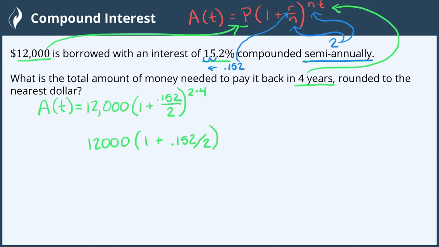Then we need to raise this with a caret to the 2 times 4. Now if we just put 2 and then times 4, it will raise this all to the 2 and then multiply everything by 4. So we need to make sure that all of those, the 2 and the 4, are in parentheses, thus making sure that that entire 8, 2 times 4 makes 8, is the exponent. Plugging that into our graphing calculator and pressing enter gives us a total of